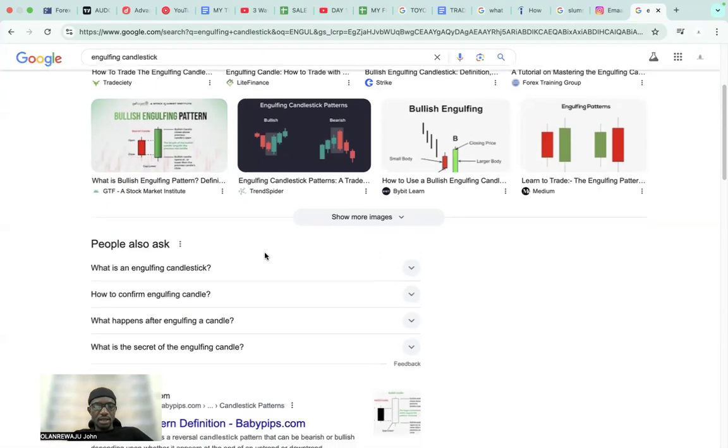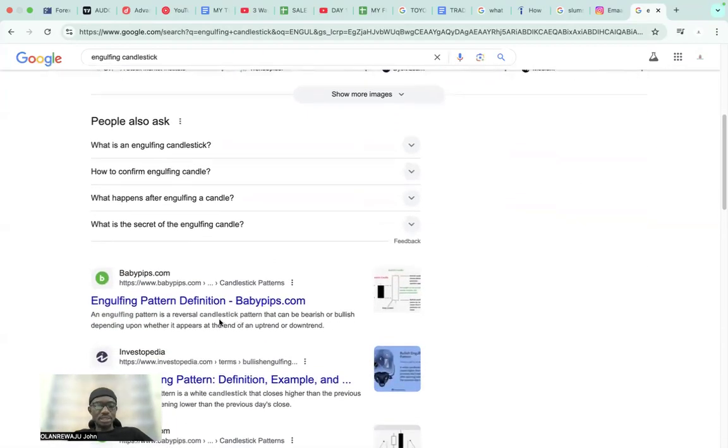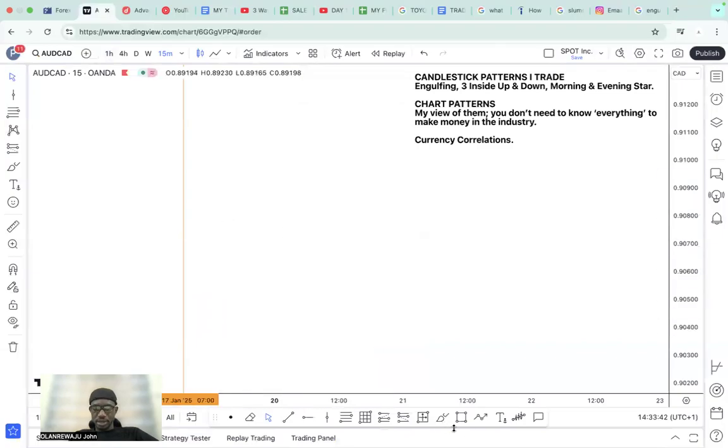So an engulfing candlestick is a candlestick that completely engulfs the previous candle to its left. It can appear at the top of a trend for a bearish signal, and it can appear at the bottom of a trend for a bullish signal. It's a reversal candlestick pattern. So let's go into the chart so I can just draw an example. So let's assume that